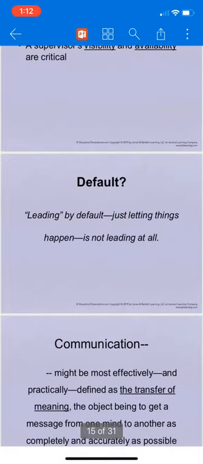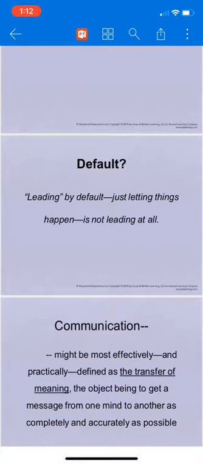All right, so what does it mean to lead by default? The supervisor who is frequently neither visible nor available is often put in a position of leading by default. When the supervisor cannot be found or does not act, different employees will proceed or not proceed, as the case may be, in different ways. In the absence of direction, some employees will bite the bullet and use their own best judgment in taking action. Some, however, will do nothing and allow events to follow their normal course, which may lead just as easily to